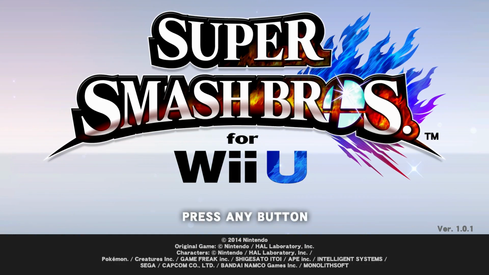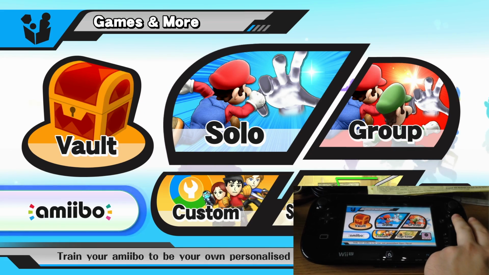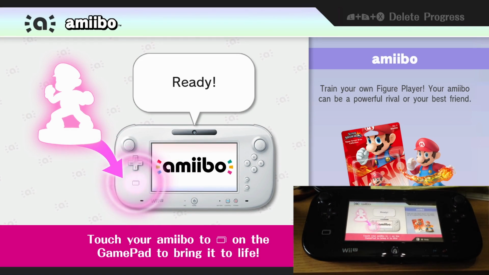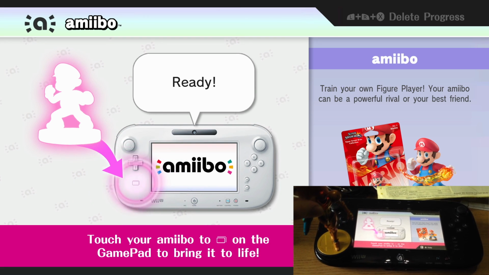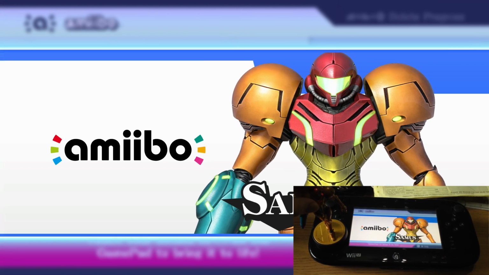Finally, it's the one you've been waiting for, and that is the Amiibo access on Super Smash Bros. for Wii U. Now this is probably the most expansive use of the figurines so far, and to access them you go into Games and More, and there is an Amiibo option. So if you go into there, like so, you'll be prompted to touch your Amiibo onto the gamepad itself. So if you just do that, you have to hold it for a little while,